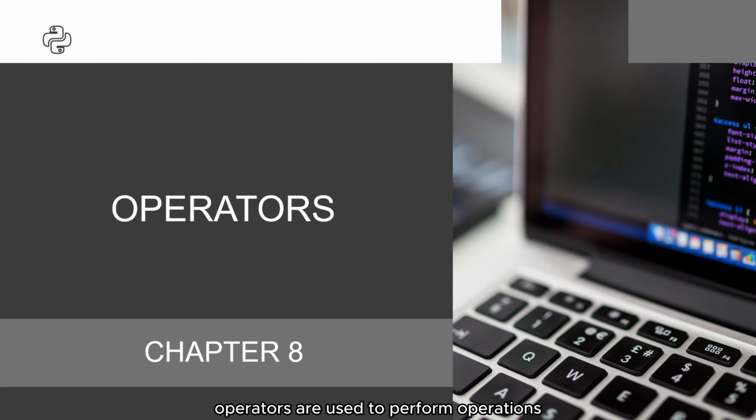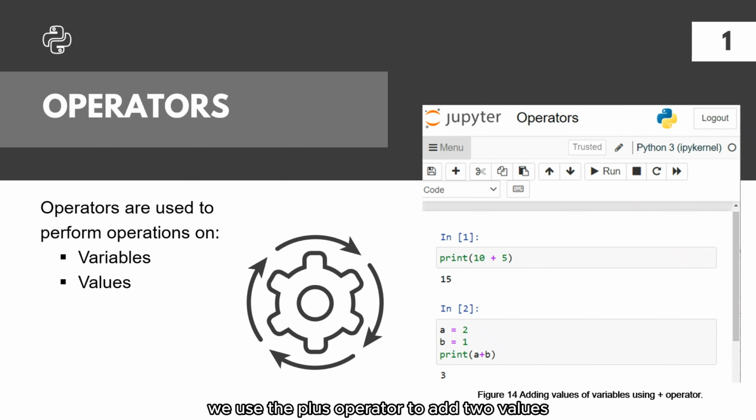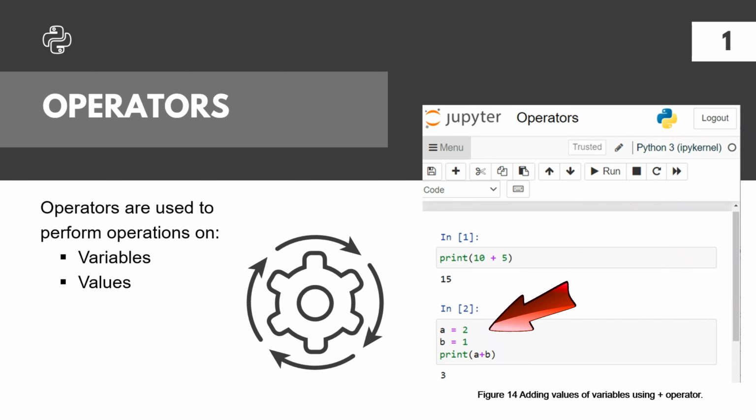In the example below, we use the plus operator to add two values and display the result, as shown in figure 14. In cell 1 of figure 14, we add the values directly and display the result under print function. On the other hand, in cell 2, we first assign values to variables a and b, and then we add